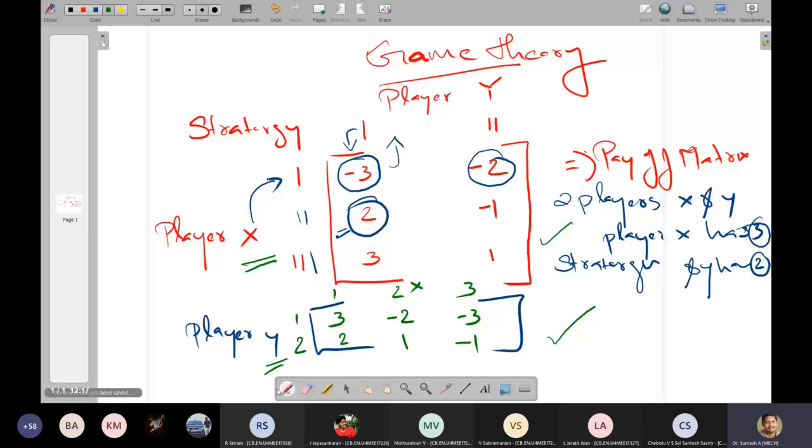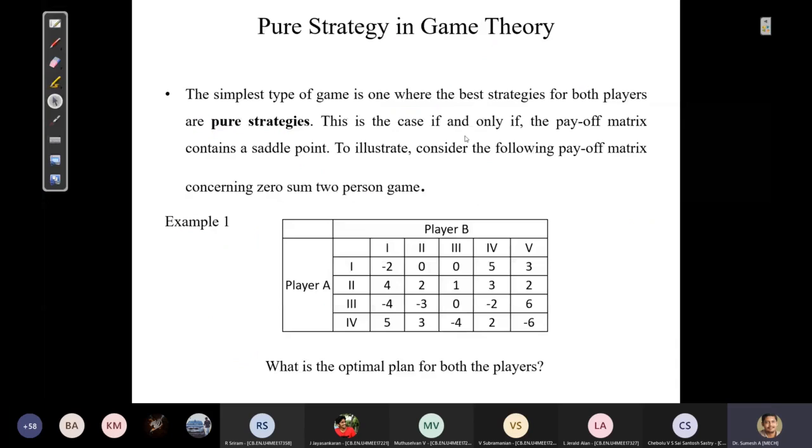Some terms will be coming: saddle point, value of the game, and the optimum criteria for finding the solutions. These terms normally fall under the categories of the